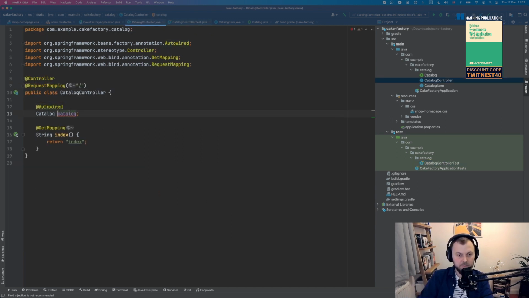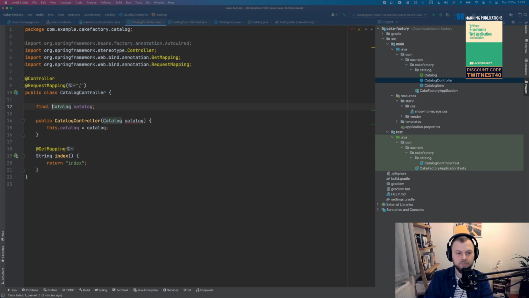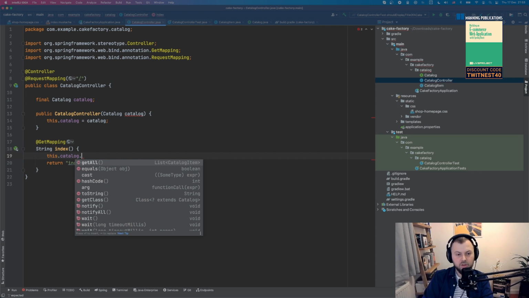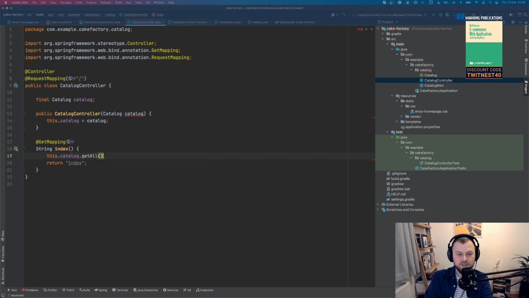Right? So I'm injecting that using this AutoWired, and you can see IntelliJ is actually telling me that field injection is not recommended. It's fine for tests, but for production code, I would say always follow best practices and use constructor injection. And the beauty of constructor injection is you don't have any extra annotations in there, right? You just say, give me an instance of that, and Spring will give you an instance of that particular class. Cool, so now we have an instance of catalog, right? Let's try to get the data out of it. So you see this getAll, I defined it just a few seconds ago in a test, right?